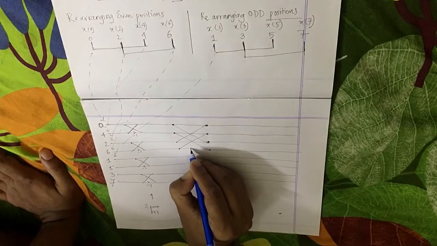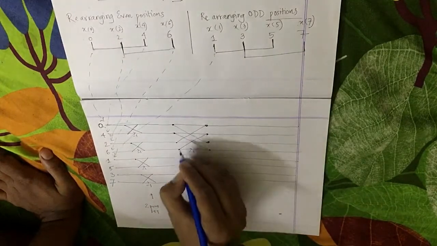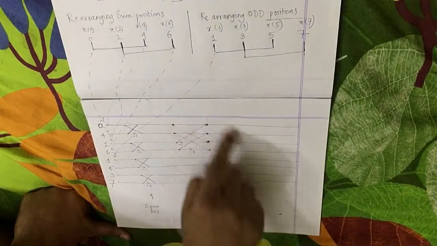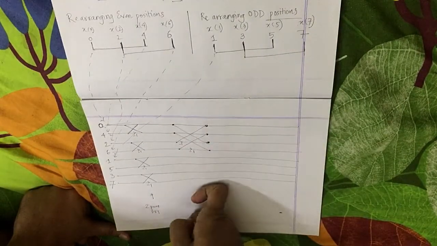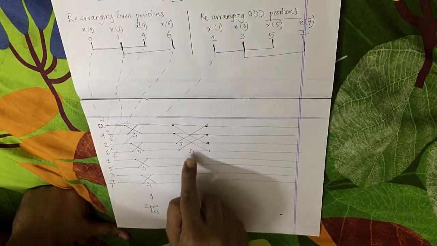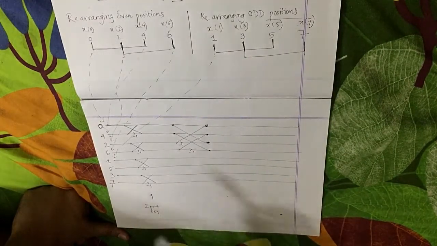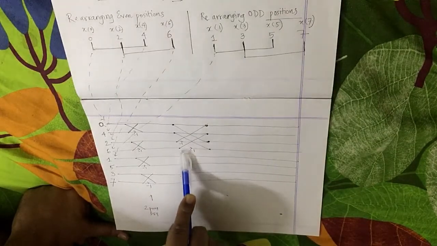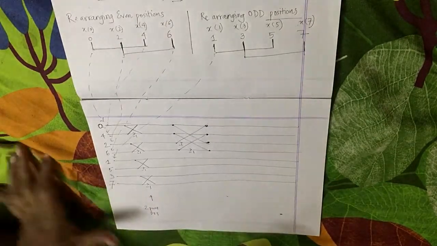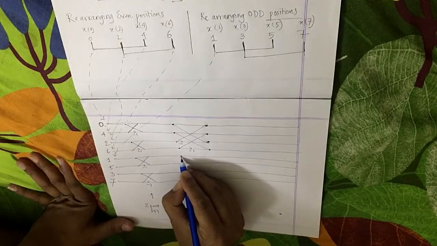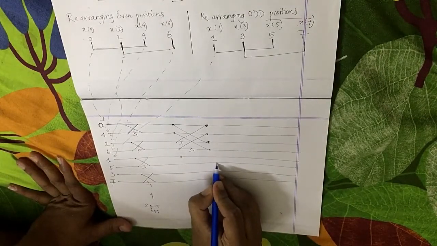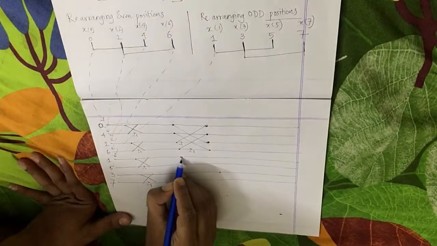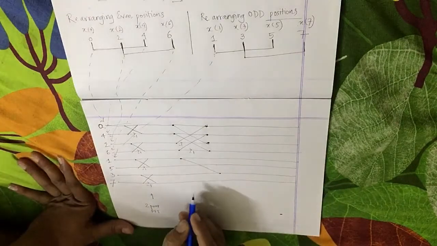Here we have to put in a -1. Here also we need to put in a -1. So same thing, this drawing has to be done once again, but we have to keep one space vacant here. So this space, you see, this line in between should be kept vacant. We start from this, keeping one line vacant, and then jumping onto this line. Do it in the same manner.